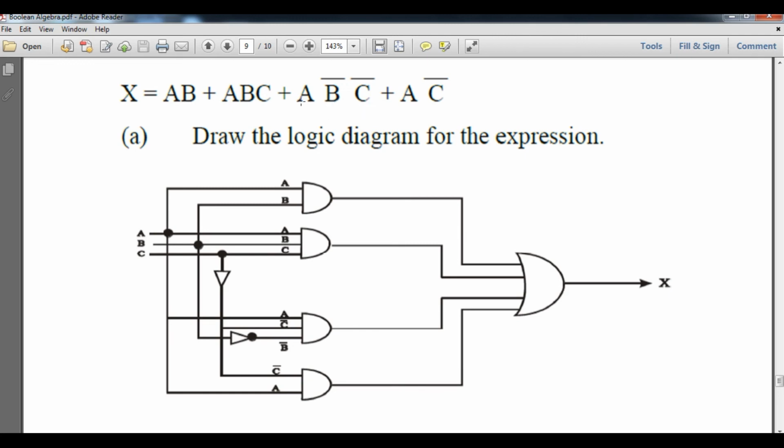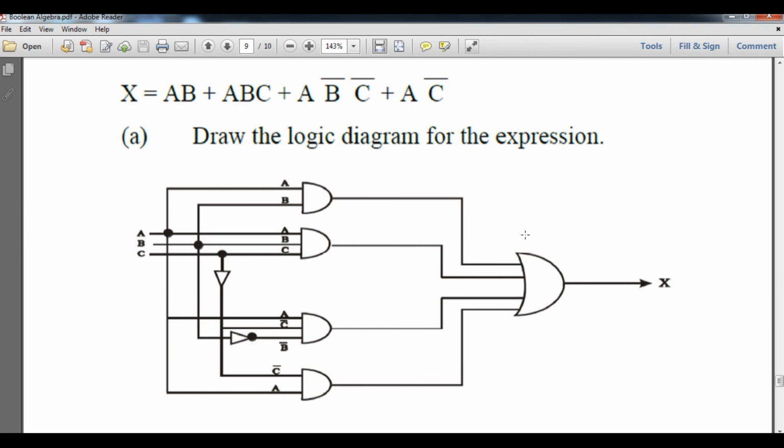So the sequence will be the same. If it is ABC, so write ABC only, not A, C, B, A, C bar, B. So you will write it there the same, like ABC. So in the same sequence you will write A, B bar into C bar, and at last CA, that is C bar A, so you will write here A, C bar. At last, whatever the gate that connects all these signals, you will provide the appropriate symbol between these terms. I mean to say here plus, plus, plus. If it is supposed to be an AND gate, then you will provide a dot here.